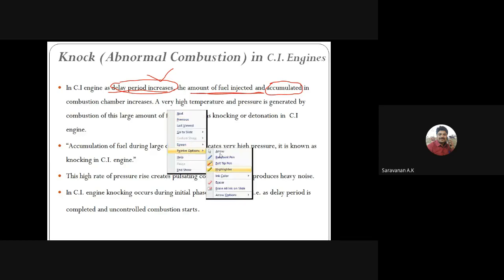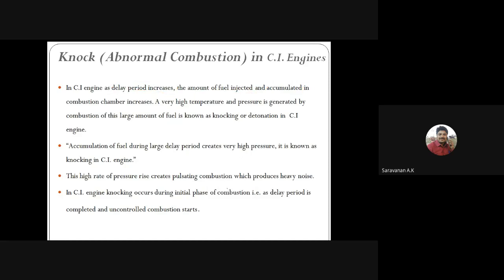Right. So due to the delay period increasing, what will happen, the amount of fuel which is injected and accumulated will increase in the combustion chamber, right? So அதிகமான fuel will be there in the combustion chamber, right? So the fuel will be more in the combustion chamber, so it will